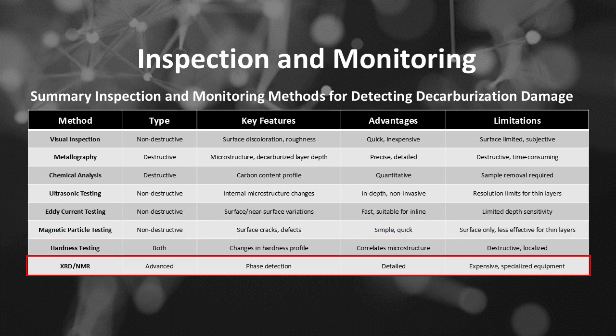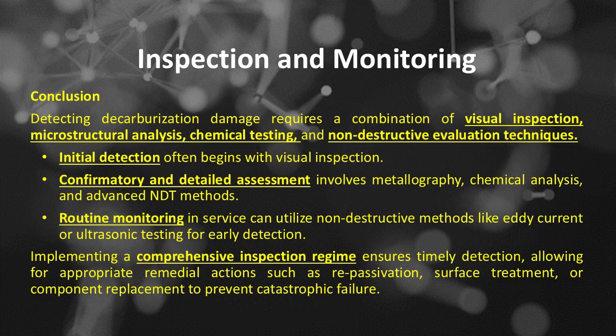If the method in use is XRD and/or NMR, the type is advanced, the key feature is phase detection, the advantage is that it is detailed, and the limitation is expensive and specialized equipment. Inspection and monitoring conclusion: detecting decarburization damage requires a combination of visual inspection, microstructural analysis, chemical testing,